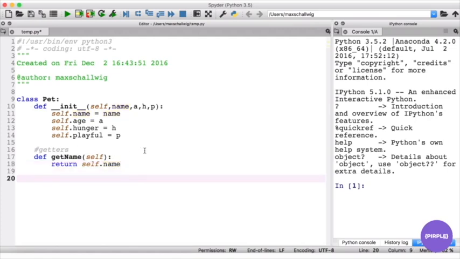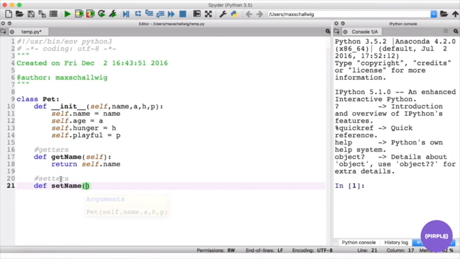Then we can do a set function. So we can do a setter here, and a set function, very similar, kind of the opposite of a get function, is that it's also a function. So we start off with the keyword def, and then we write now set name and open and close parentheses because it's just like a function, and then we put in self first because we're inside of the class, and